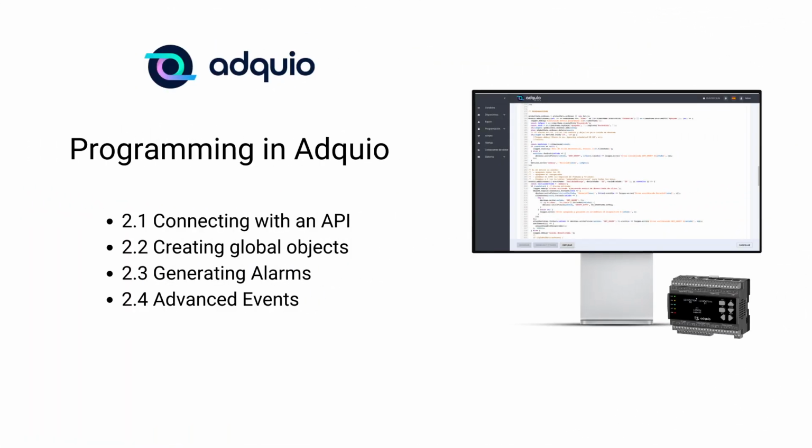Welcome to Module 2 of the Adquio courses. This time we are going to see what we must do in Adquio to connect to APIs, extract information and work with it. At the moment, in this section 2 of the Adquio courses, we only have 4 chapters planned,